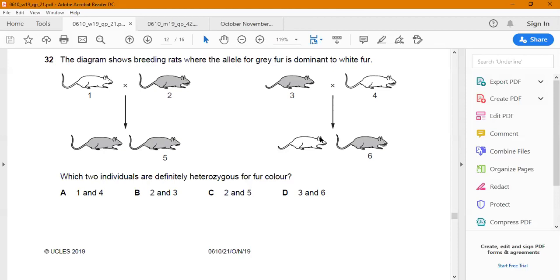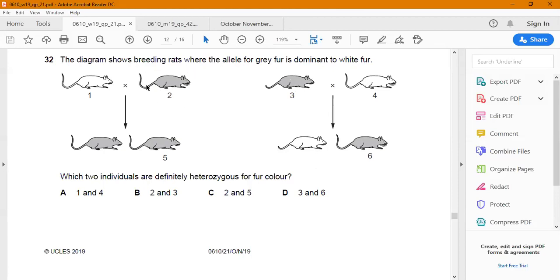So they want to know which two of them are definitely heterozygous for the fur color. 2 and 3. No, it wouldn't be. Oh wait, 3 is correct. 3 and 6. Excellent. It would be 3 and 6 because look at the outcome. It wouldn't be